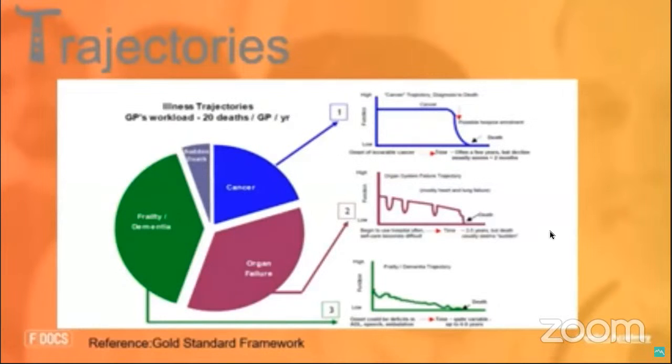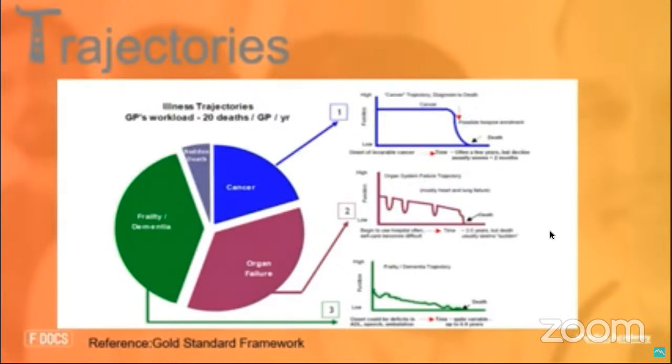So I should explain the y-axis here is their function, level of function. So obviously 0 at the bottom line is when they've died. And then we've got time across the x-axis. And then the next graph down is the one that we see for the failures, if you like, the patients with the respiratory failures, COPD or pulmonary fibrosis and a heart failure. And with these patients, they might get an exacerbation and they get a sharp drop, and they might have IV diuresis, or they might have IV antibiotics if it's a COPD infective exacerbation, and then they make a recovery again.